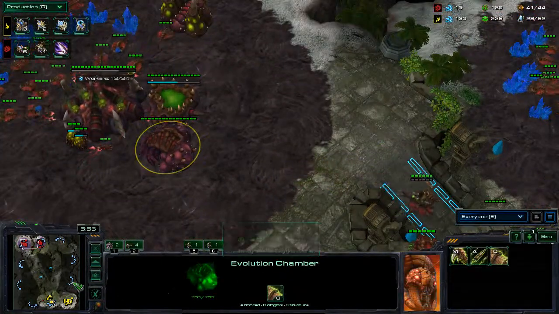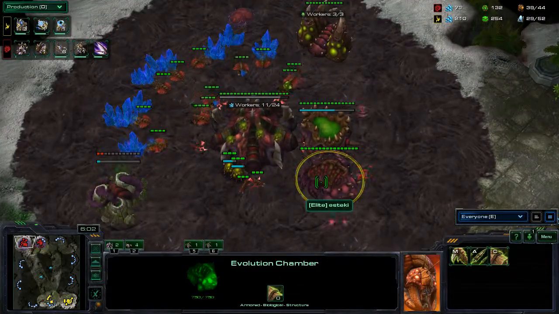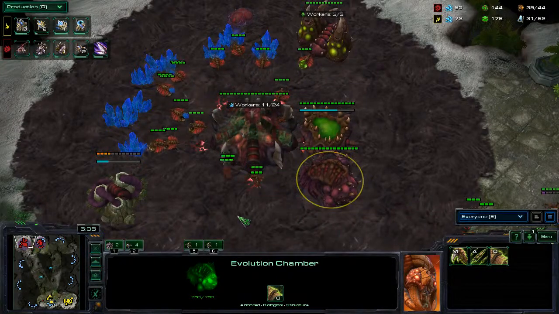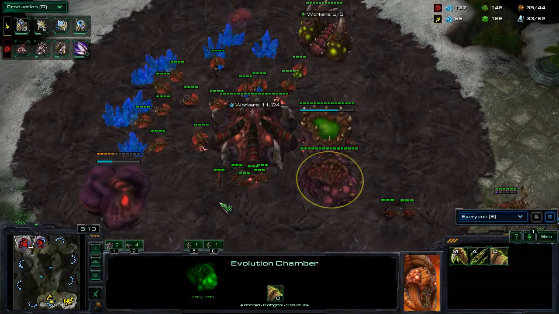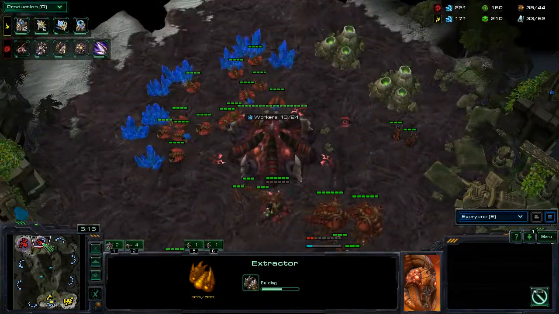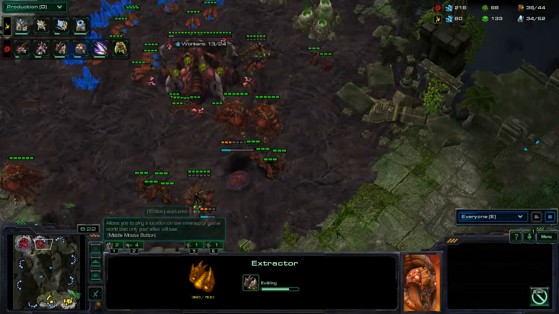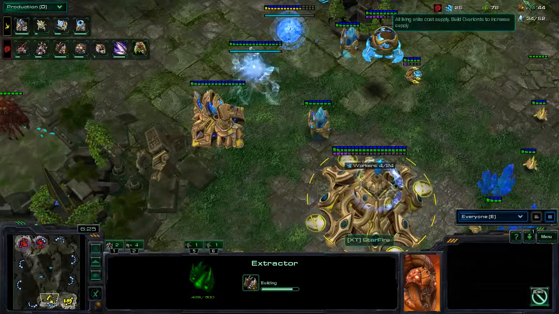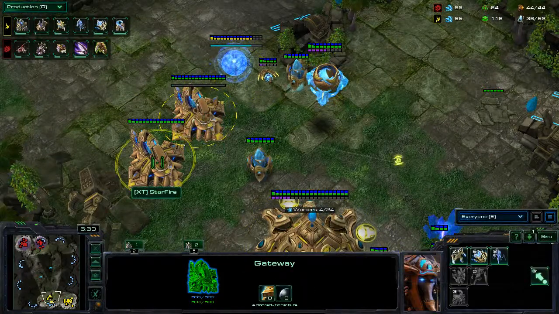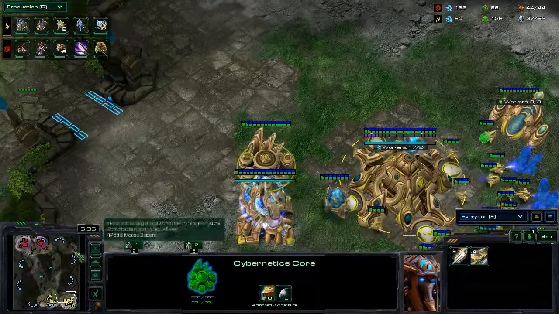Nothing started from the Evo chamber quite yet. This may be just to throw down spore crawlers in case tech comes out from Stargate, tech comes out from Starfire. Second gas started up, and no indications of a third base being put up either. Both players macroing fairly well. We are going to have a slight supply block coming out from the Zerg player, and we are going to be having that 4-gate aggression coming fairly...